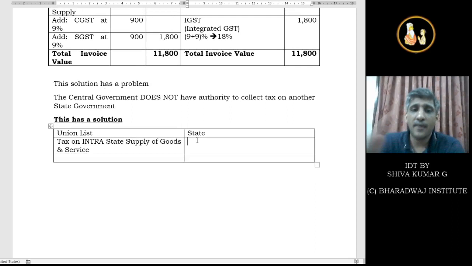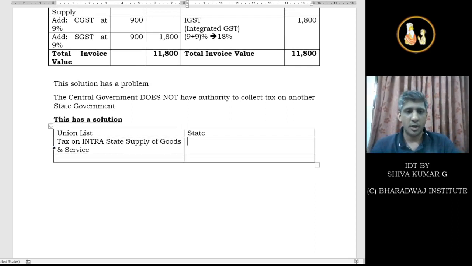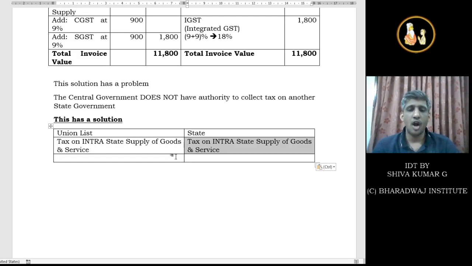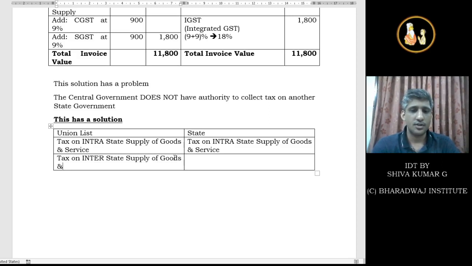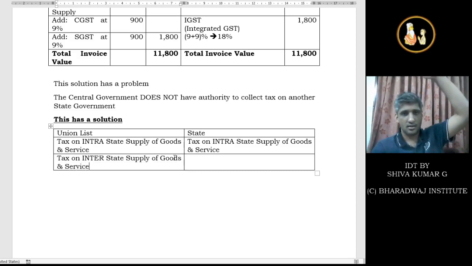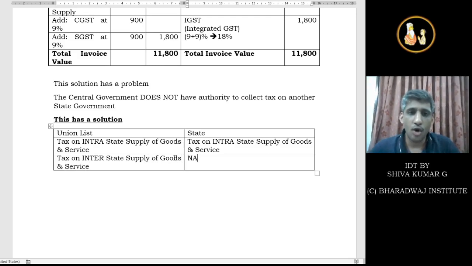Then I have to give power to the state as well. Same, ditto. Tax on intrastate supply of goods and services, that is SGST. Then tax on interstate supply of goods and services, here not applicable. So now I have given the entire power to collect the GST tax on interstate transactions,